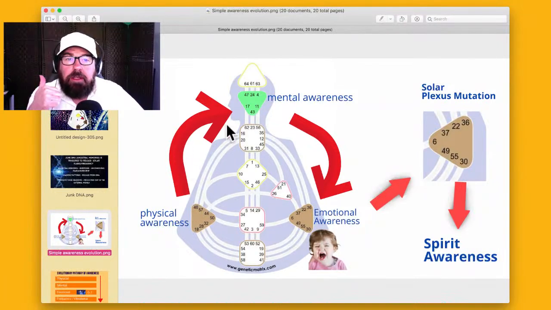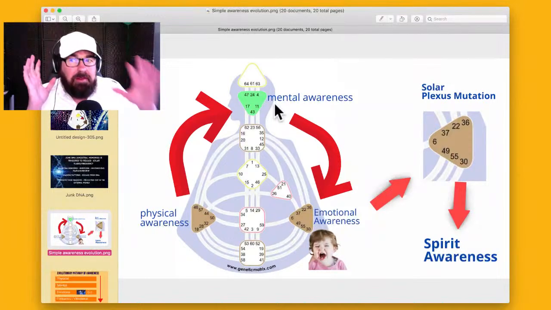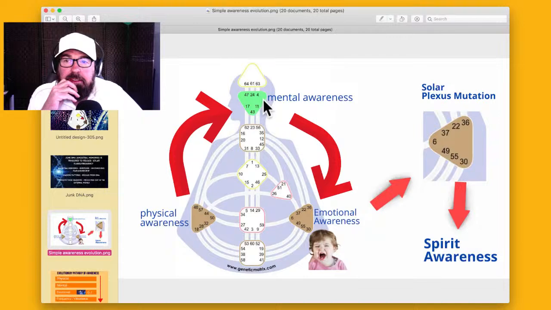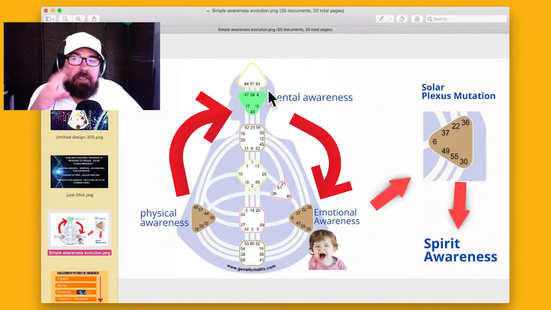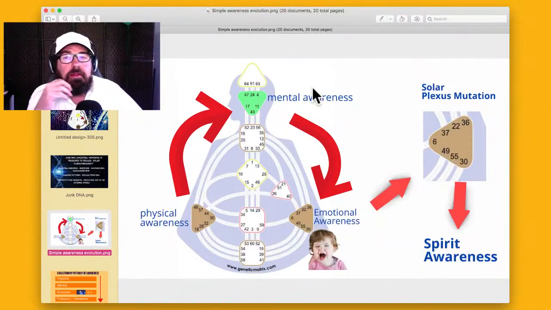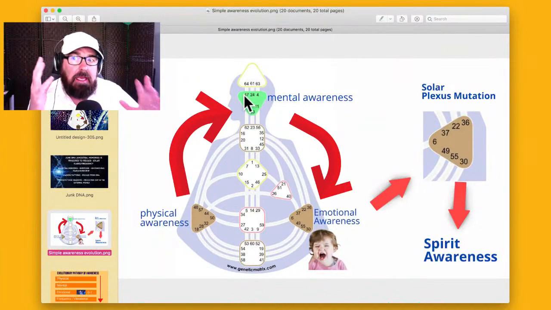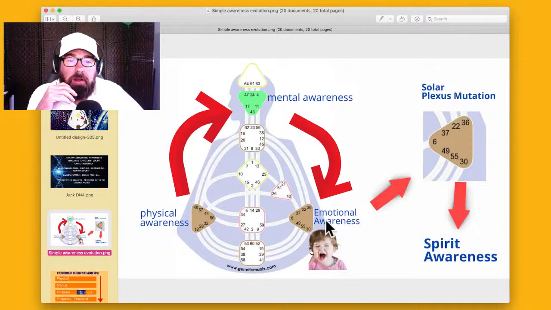And then we evolved into a mental awareness system. This is how we experience life, right? So experiencing life through the mind. This or that, strategy, logic, all that came in, and that really served us. We can see the technology is really the pinnacle of this mental awareness system, but we've taken it as far as we can go now, and that's what we're seeing in the world. So we're transcending this and then moving into an emotional awareness system.